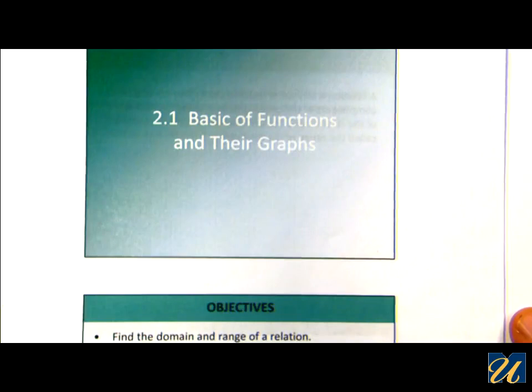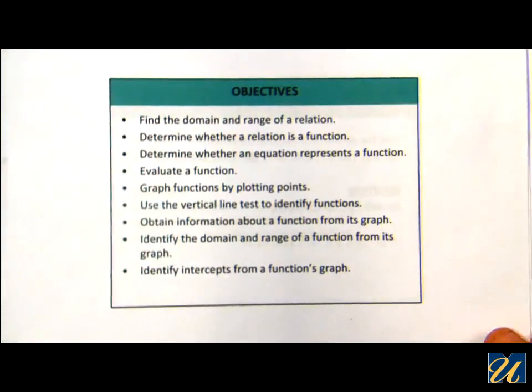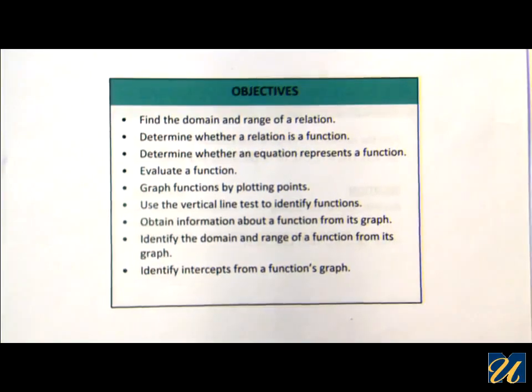Let's begin Chapter 2 and take a look at Section 2.1, Basics of Functions and Their Graphs. Let's see what the objectives are. We need to be able to discuss the difference between a function and a relation, and if it's a function or a relation, we need to be able to determine the domain and the range. We also need to know whether a function or its graph represents